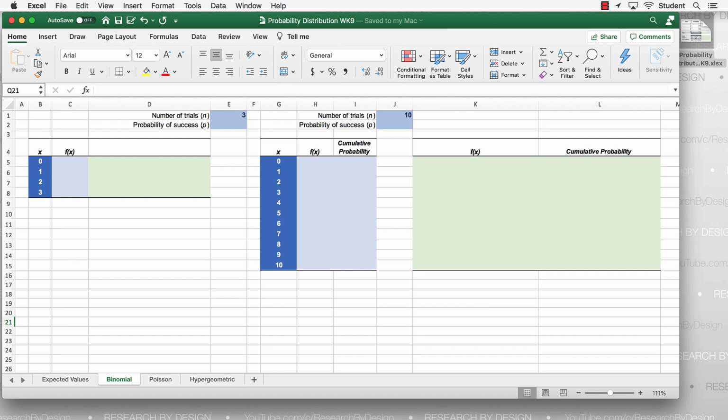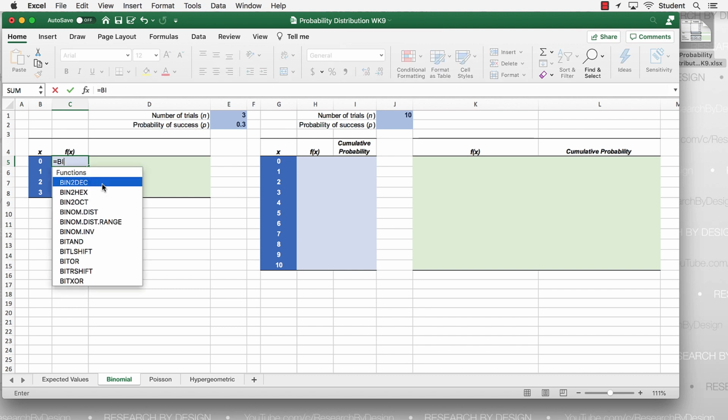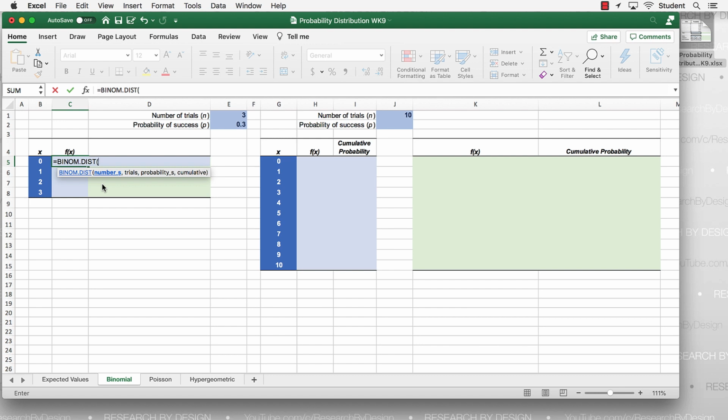So number 1, the number of trials or customers is 3, and the probability is 0.3. I've created a table with 0, 1, 2, and 3 as my x values, and my probabilities I would get from, I would go to C5, and using the binomial distribution, I would type equal sign, BINOM.DIST for binomial distribution. So I want to begin by referencing the x value, in this case B5, comma, and then